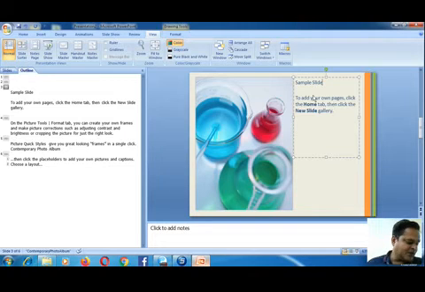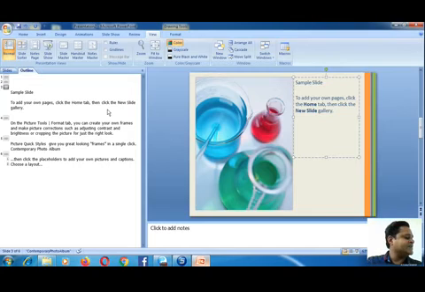So this is how we edit text. In order to edit the text, we just have to click or place the cursor where we have to type or make changes in the text. This is editing a text object.